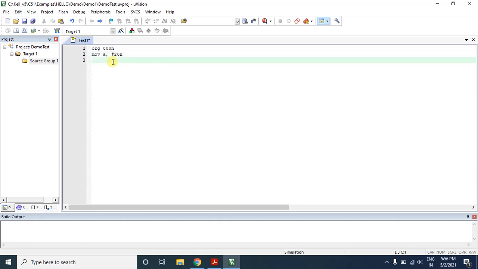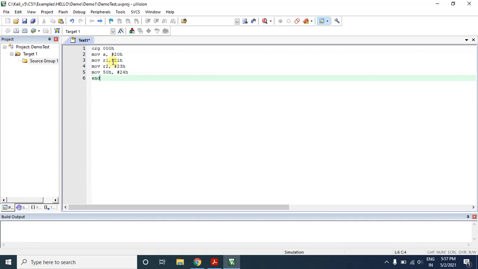Okay, let me write another program. Just to show you some memory locations, let me write MOV 50h, #24h.